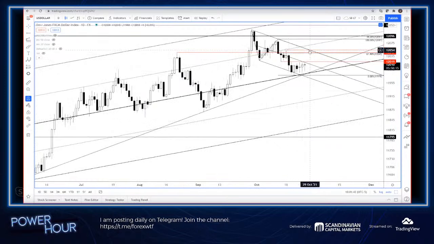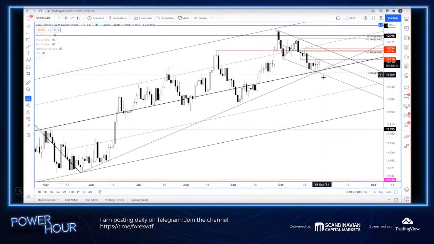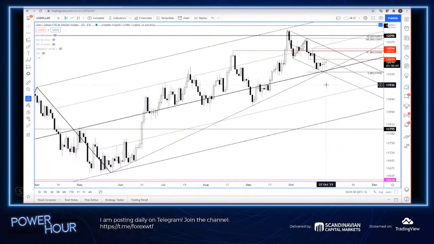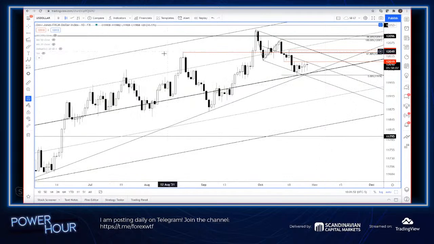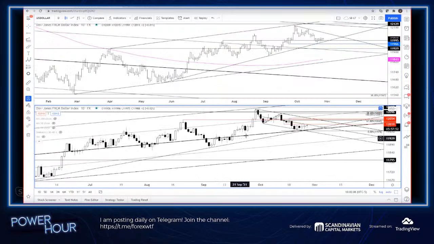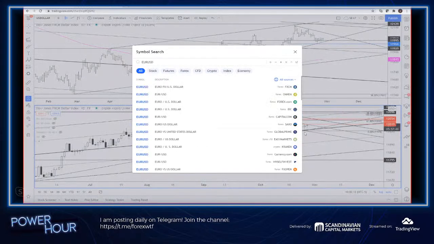Again, up here you'd want to pay attention to resistance. If we do break down through here, then you've got much more of a confident stance, if you will, in the dollar heading lower. So that's that for now. I don't really have much else to add, other than pay attention to how we resolve from this tight little range that we've had for the last 5 days.